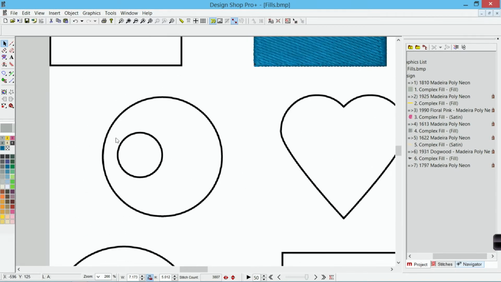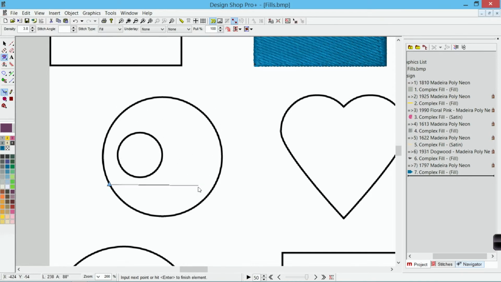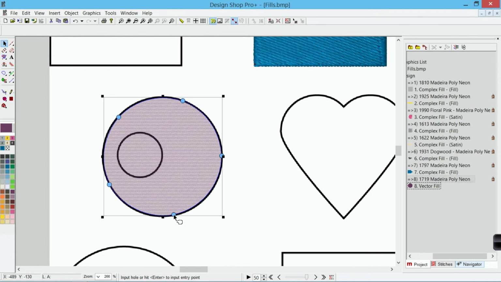All right, let's take a look at how to do this circle. So I'm going to grab my complex fill tool, let's grab a different color, and I'll start digitizing. I'm going to start with a left click. I'm going to go around this circle using right clicks to create those curved points. I'm going to try to avoid exceeding 180 degrees in any set of 3 points. I'll come around, I'll hit enter to close the shape,